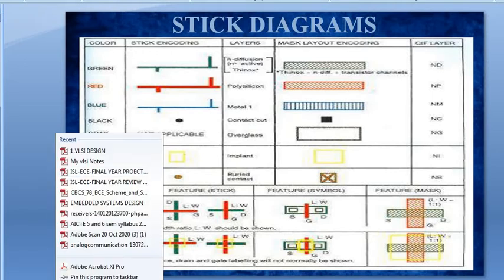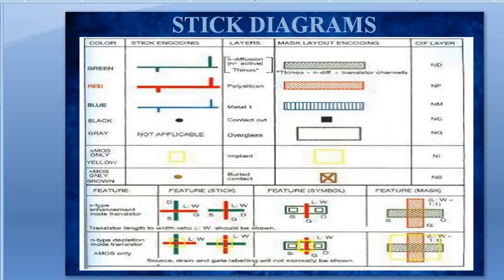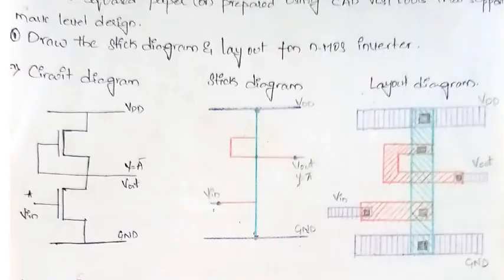We will be having a green color stick diagram, correct? Now see, these blue lines show the first metals. As I have already said, first we have to draw the lines VDD and ground. These are given by your metals, because we are having the interconnections between them. And as we are going to prepare an NMOS inverter, what we have to do? We have to use the green line over here. This is the N diffusion, and this is your polysilicon.